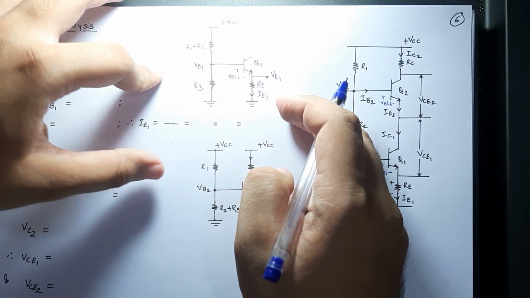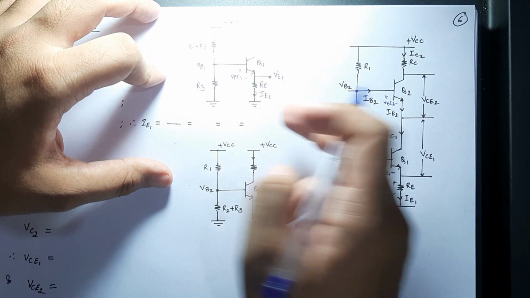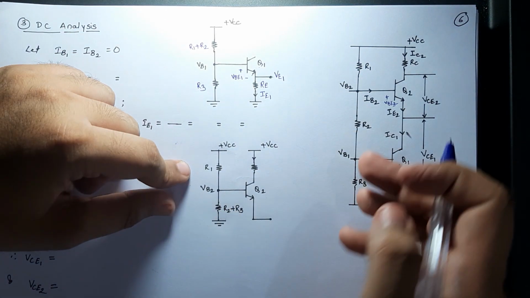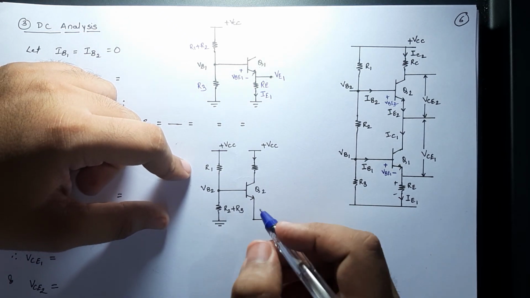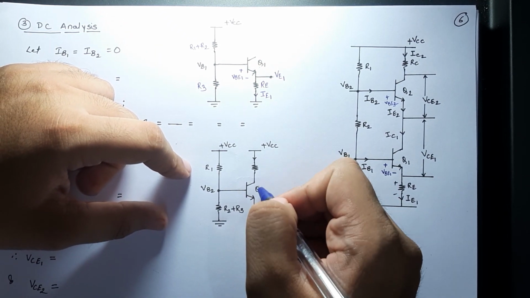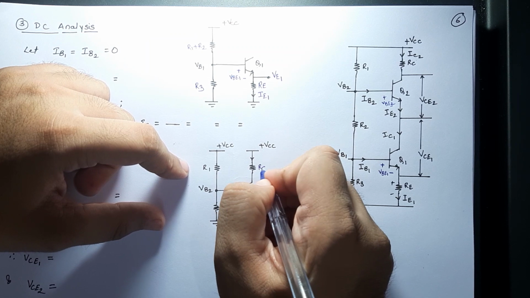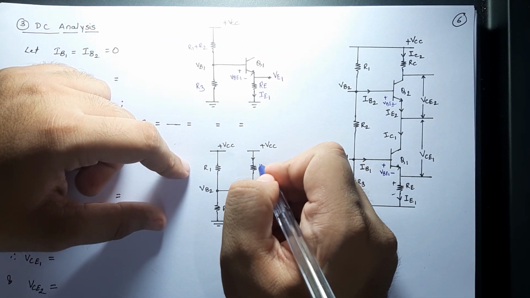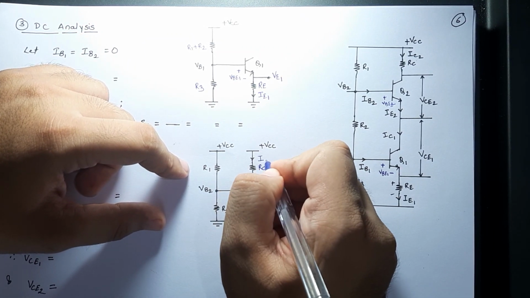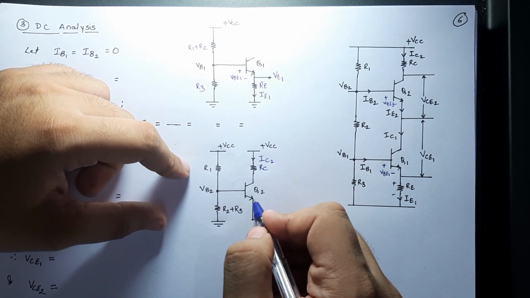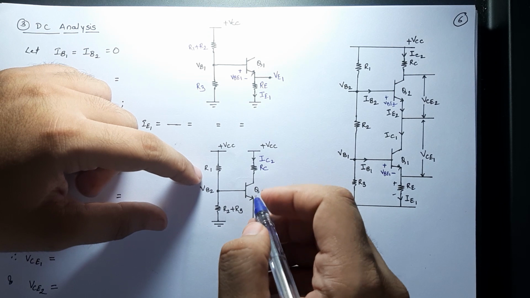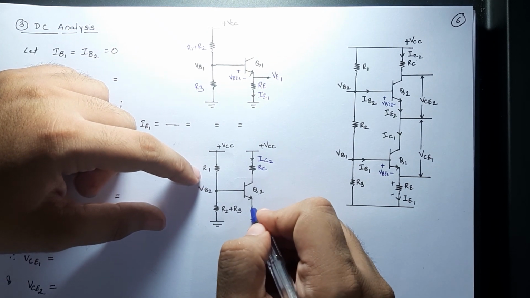So this is how the diagram of DC analysis for the first transistor looks like. This is the second transistor, the diagram for DC analysis of the second transistor. So let's see what happens over here. Q2 के ऊपर we have RC. The current flowing through RC is nothing but IC2. Now Q2 के नीचे the output voltage, at this point,